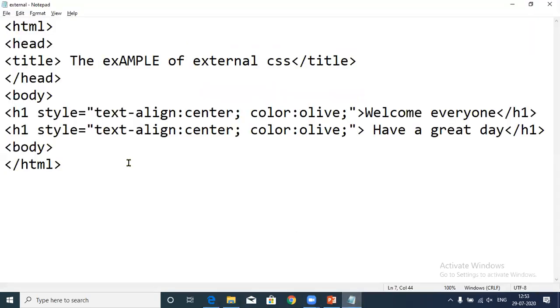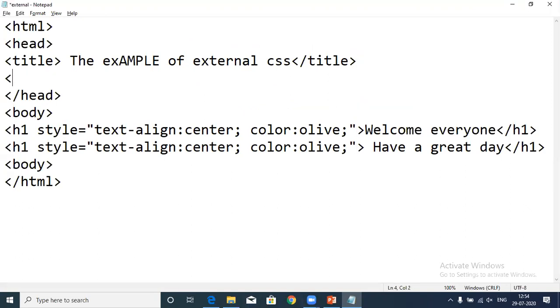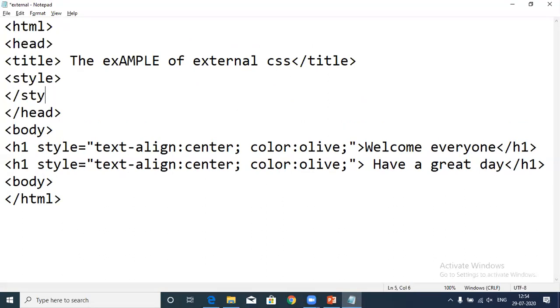This is the use of inline style. If I have 10 heading tags, I have to write the same code 10 times. So this is the drawback of inline CSS. Now we can see what internal CSS is and what its benefit is. Here I am defining the style tag. For internal CSS, you need to use the style tag inside the head section. Here I am defining the type attribute of the style tag, which is text/css.